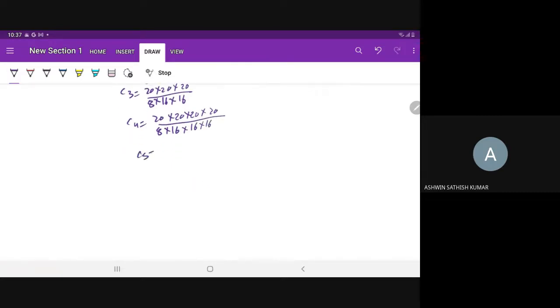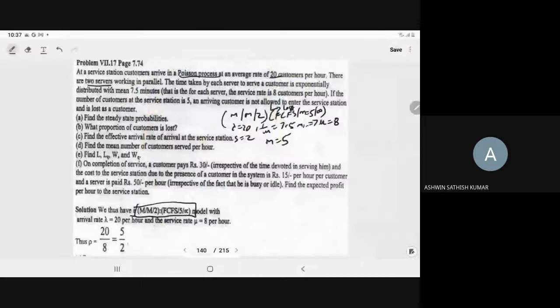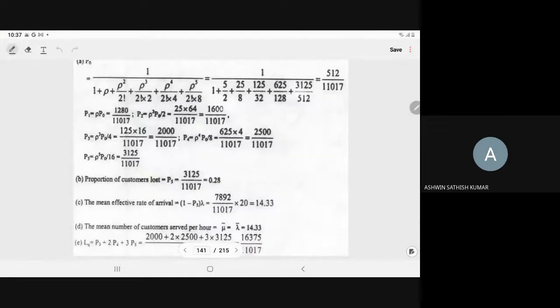And C5 is 20 into 20 into 20 into 20 into 20 upon 8 into 16 into 16 into 16 into 16. So from here we have the values of C1, C2, C3, C4, C5. So P naught is what? 1 plus C1 plus C2 plus C3 plus C4 plus C5, inverse. So from here you have the value of P naught, and P naught will come